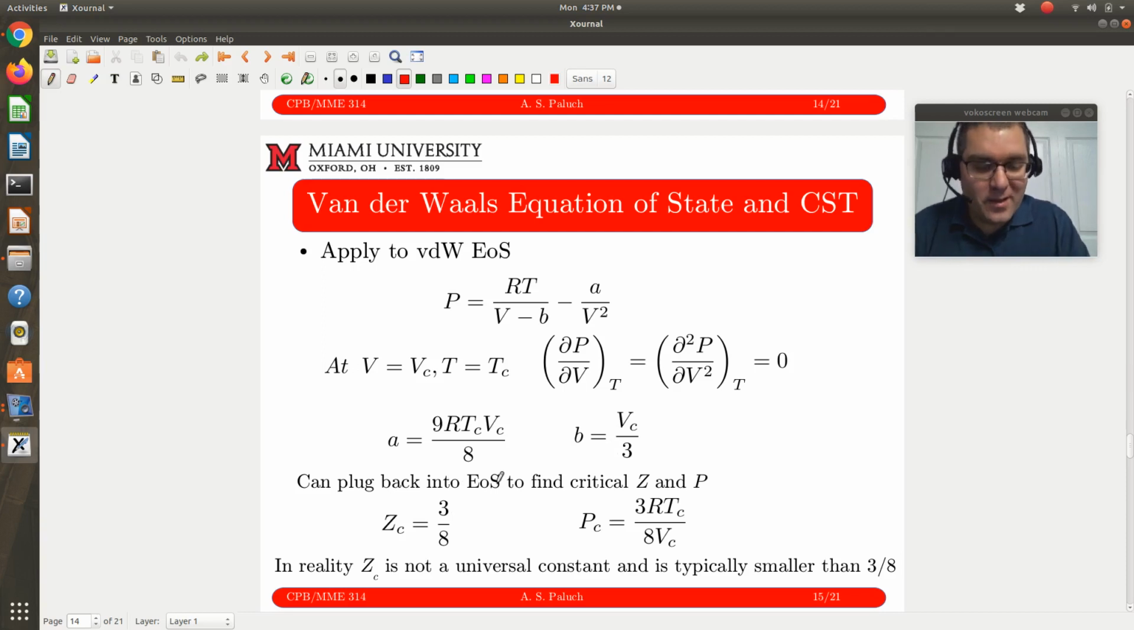So we can relate A and B to critical properties, right? He uses the properties of that critical isotherm to give two constraints to solve for A and B. Okay, so it's cool, right? So essentially it uses corresponding states theory, if you will, to solve